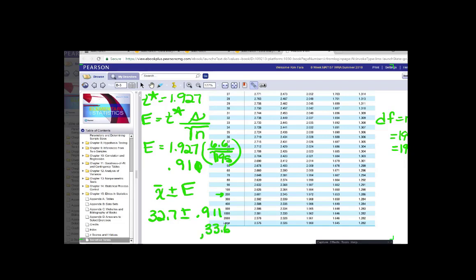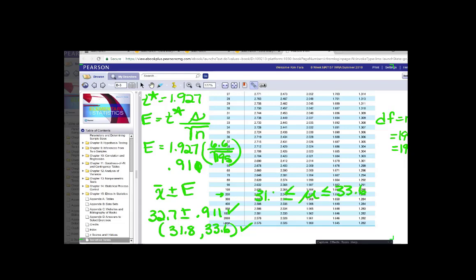on the top, and I get 31.8 on the bottom. And I believe that is what I had when I used my StatCrunch. So that's a good thing. Does that make sense? So I can write it like this. I can write it like this. I can also write mu in the middle and put my upper limit at the top and my lower